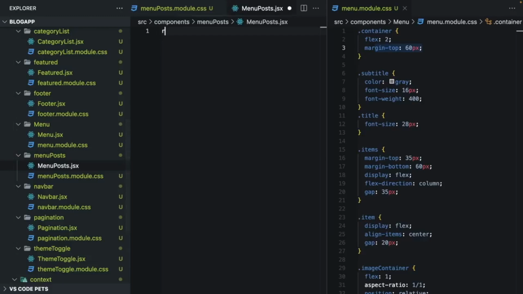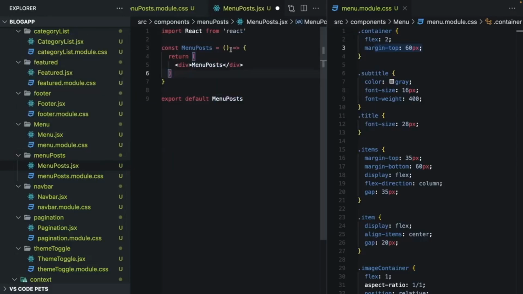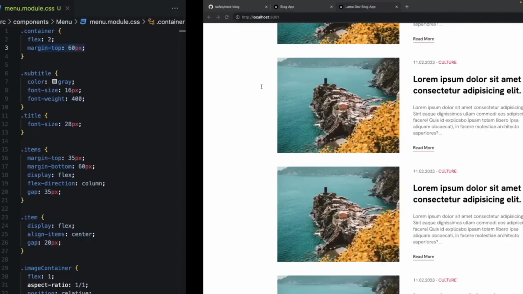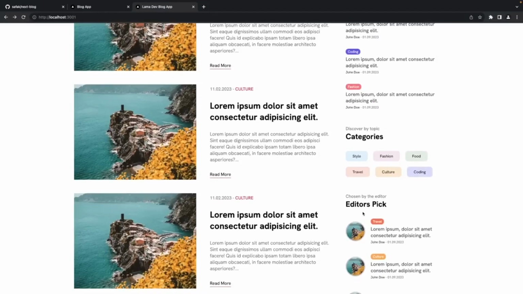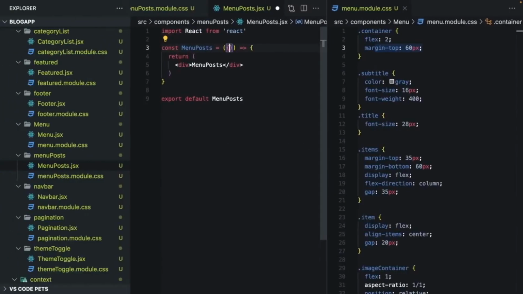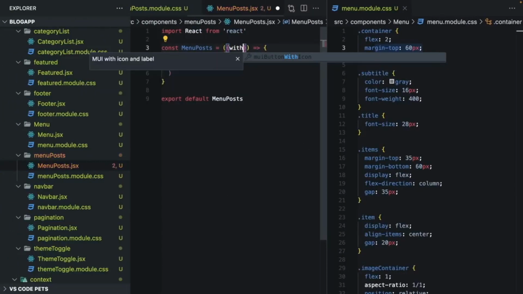Like that. And I can take here any props that we can fetch data, and also we can add here with image or not. Let's actually add this here,